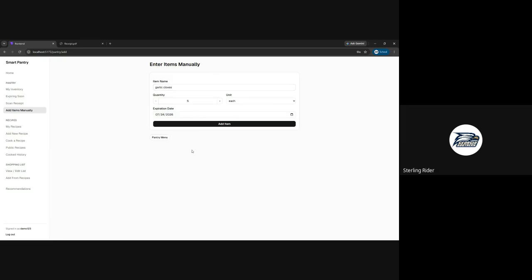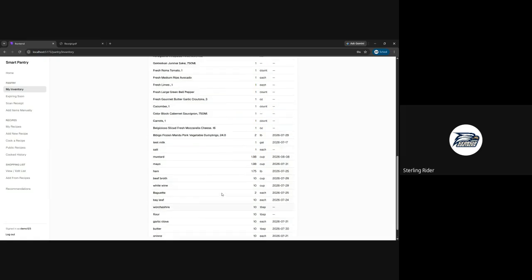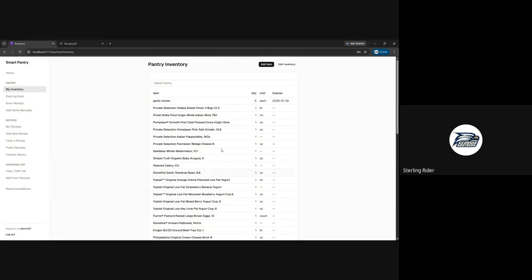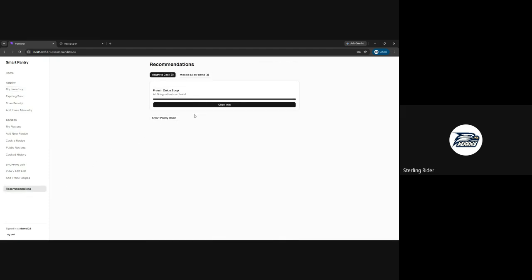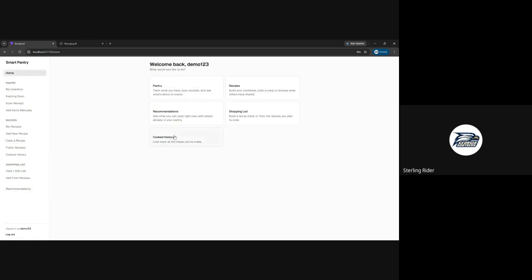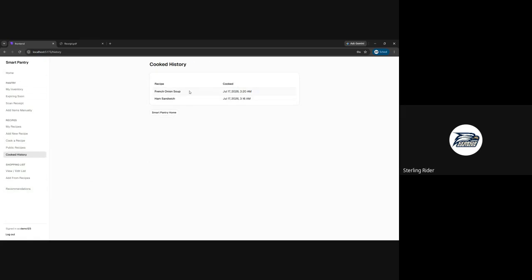And then set our expiration date. And we can see it here. Garlic cloves, there it is right there. So now we can see that now we have the garlic cloves, we have this is ready to cook right now. So we can go ahead and cook that. And then we can go home, see our cooked history,